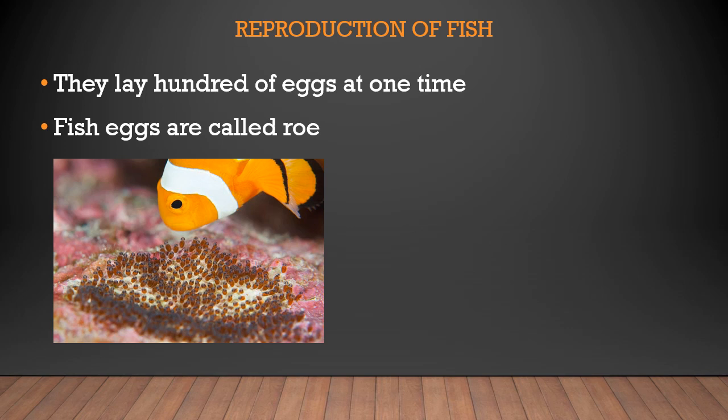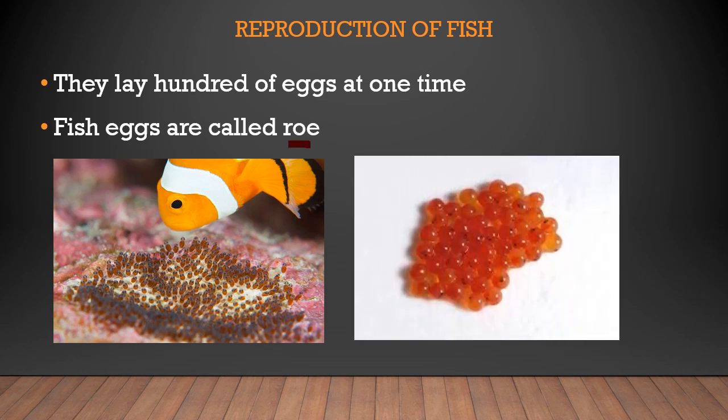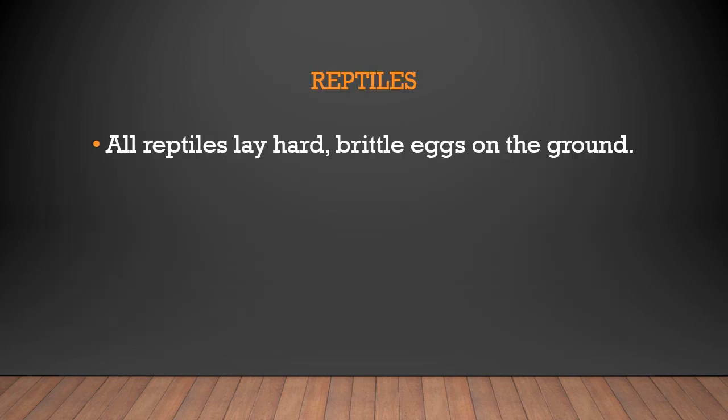Now this group of fish eggs is called roe. R-O-E, roe. This is a picture of the eggs of a fish. Next we are going to see